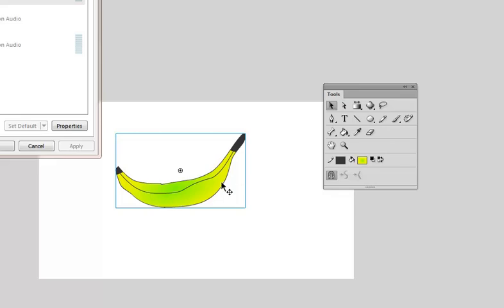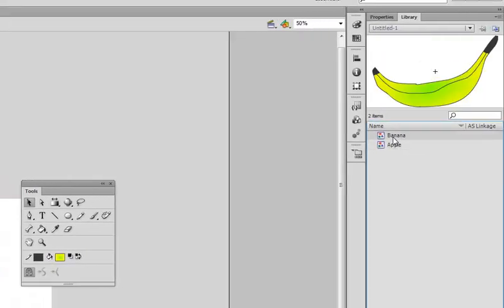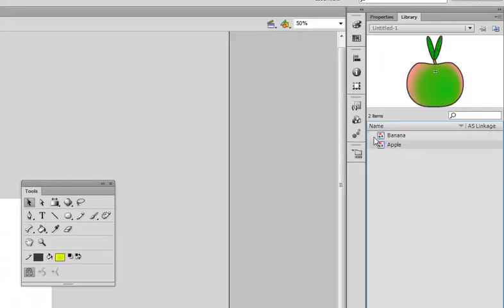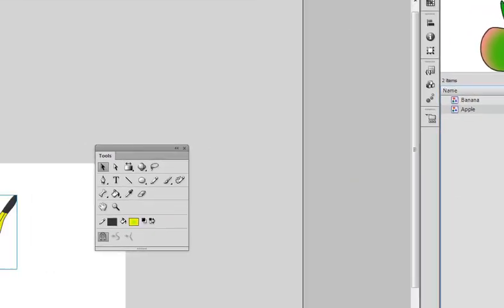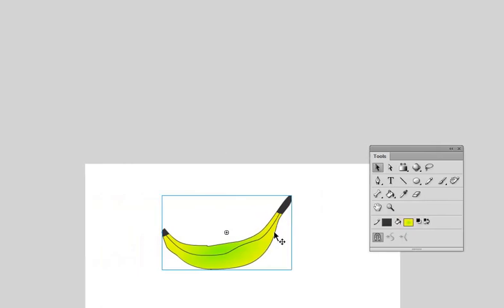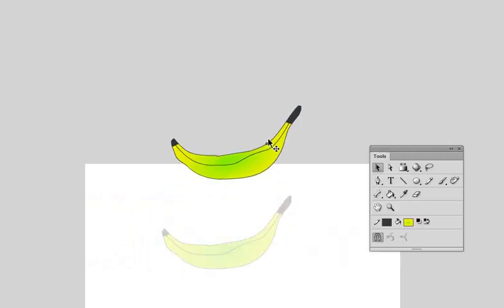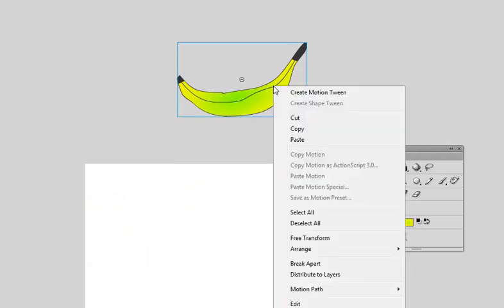Okay, so we may remember that we created two symbols, a banana and an apple, and this little icon next to them denotes that it is what is known as a graphic symbol. That's the most basic form of symbol, and this allows us to create animation within a timeline. But what we're going to actually want to do with these, as we'll be using some scripts at some point, is have them be movie clips. So I'm going to just move this up here,